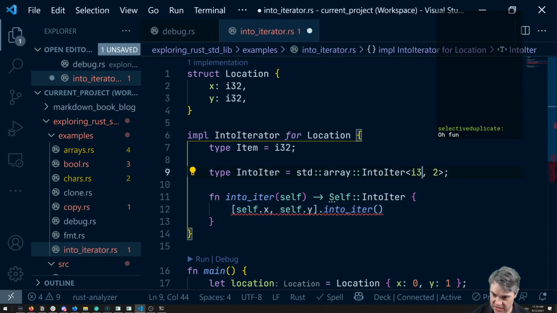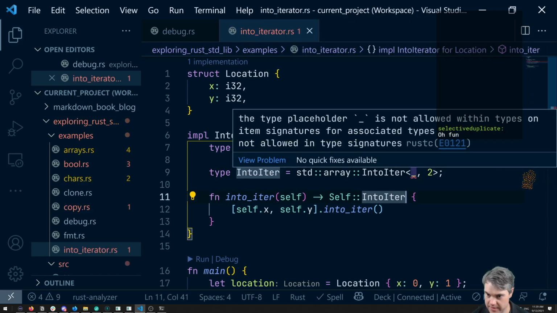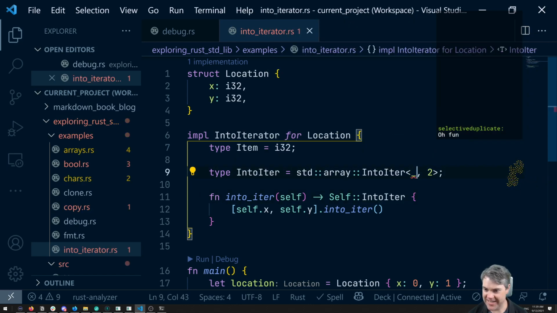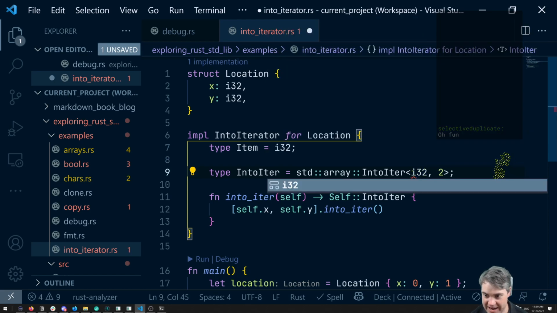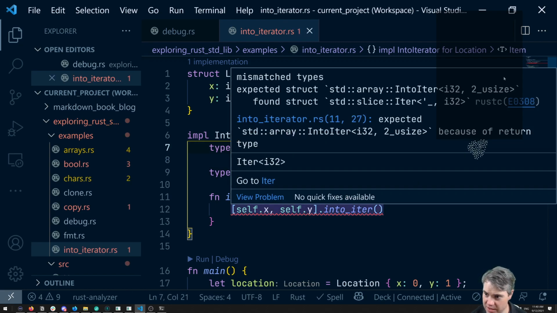Can I actually just tell you, hey, I don't care? No, placeholders are not allowed here. So we have to say you're an I32 because of this I32 here. You are upset because even though I32 to usize found struct,